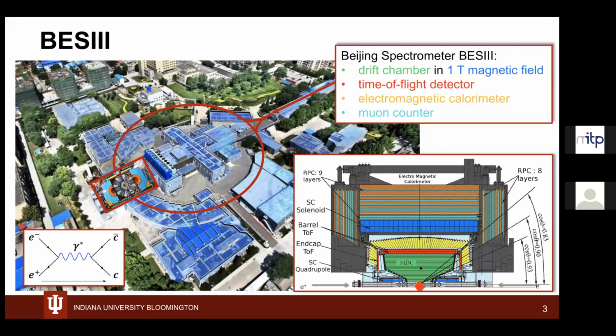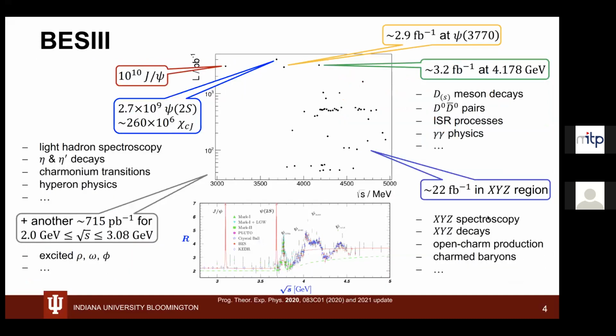We have a drift chamber here that allows us to measure the momentum of charged particles. We do have a time-of-flight device for particle identification, an electromagnetic calorimeter for photon detection, and then in addition, a muon counter here at the outside. And so with this detector, we have over the last close to 15 years now, accumulated many large data sets